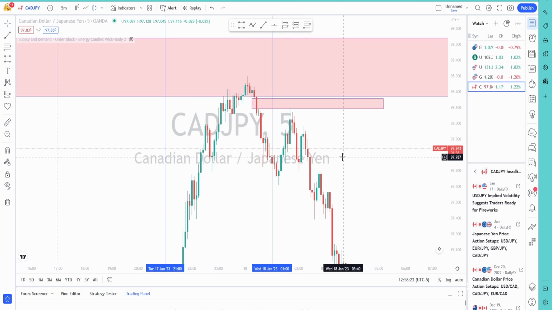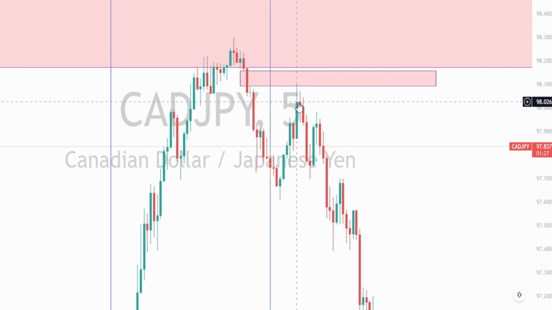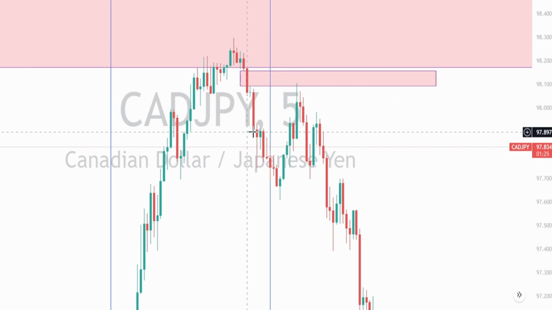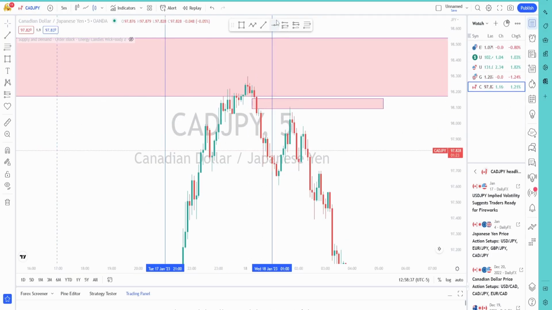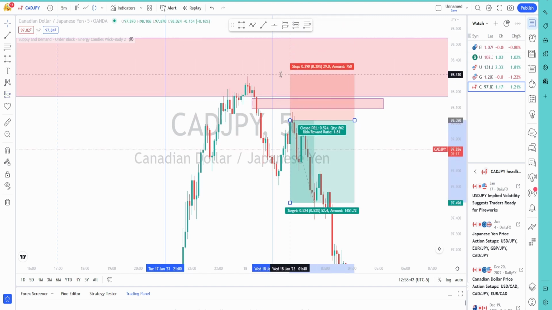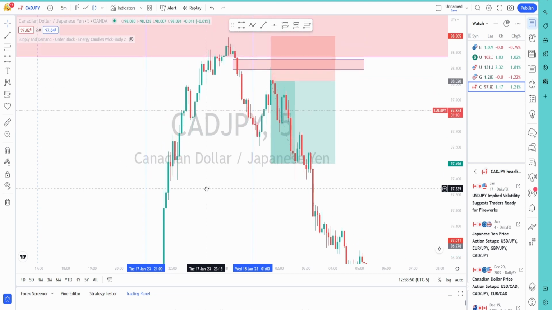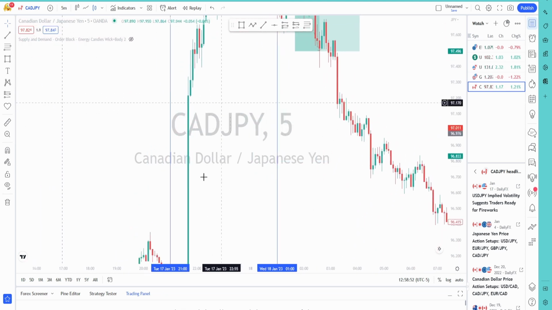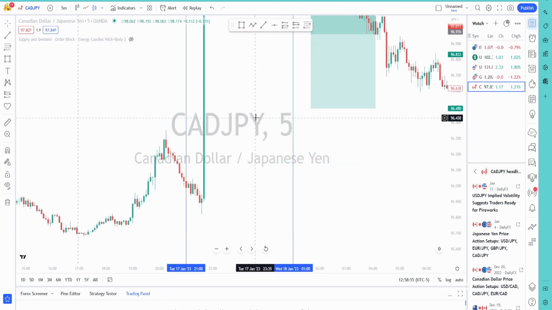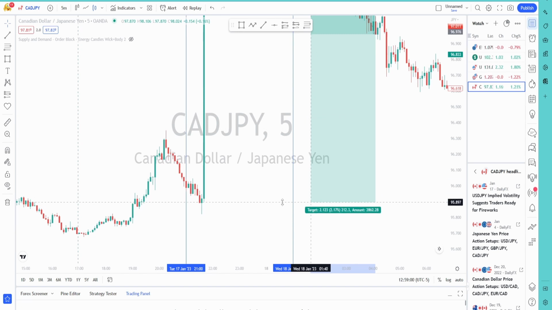Now when you see this, you can see this one bullish candle came up, tested the area, coming into structure, respecting it, closing below. And when this happened, this could have been an opportunity to get in on the trade. So stop loss just above, you could put it here. It really depends on what your target is now. So you can see the low is down here. If you aim for the low here,